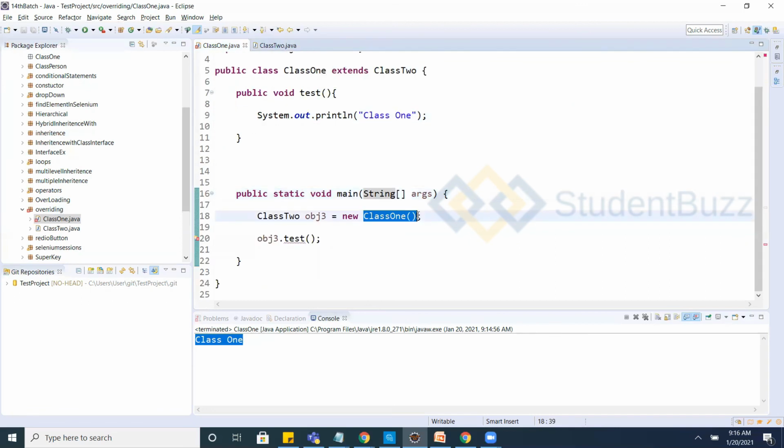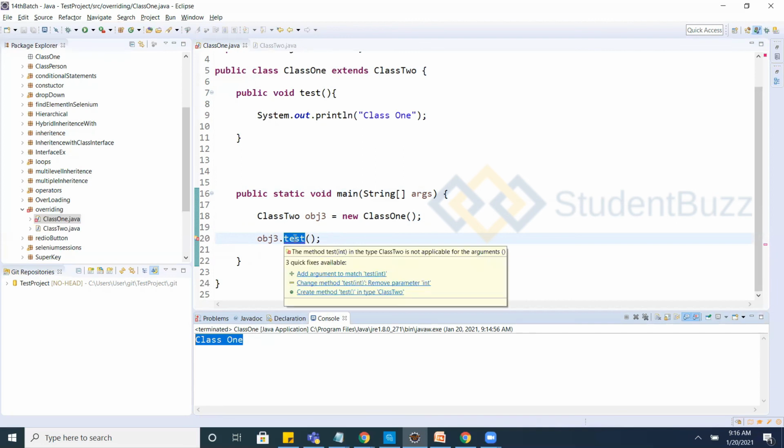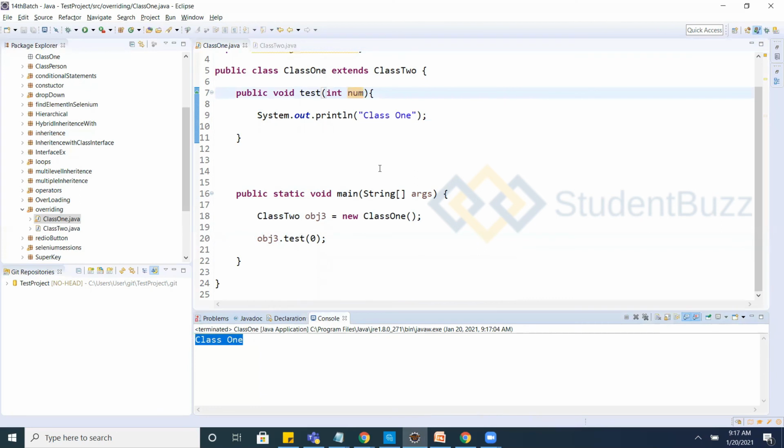Class 1 object is stored into this class 2 reference, and you are trying to call the child class method with obj3. It's saying class 1 has to be called, but it is throwing an error stating add argument to match. Since it is calling the child class method, it is not allowing you to go to the class. It is coming to class 1 now.